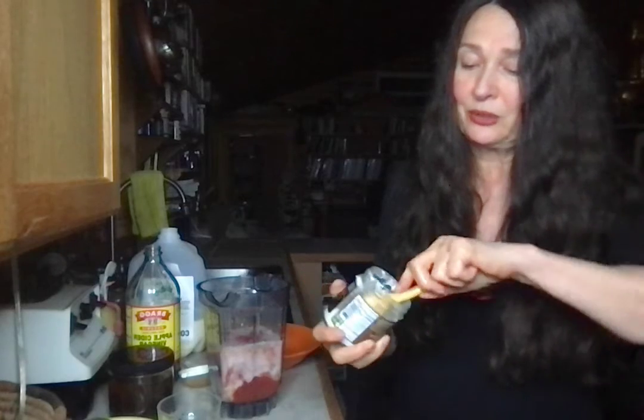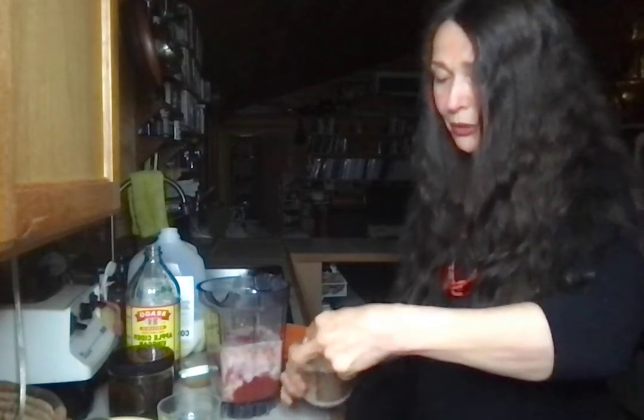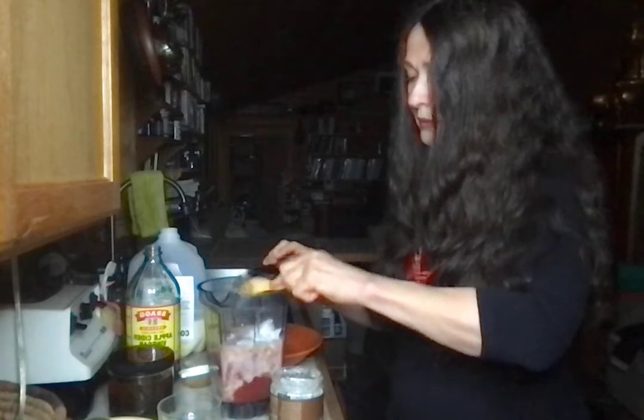Now, we're going to put in, the formula is that you put in two tablespoons of raw cream and 2 tablespoons of coconut cream. I don't have raw cream on me. I just have coconut cream, which I made a couple of days ago, which you have a formula for on my other videos, and I will put a link to it on this one. So I'm going to put in a little extra of the raw coconut cream,